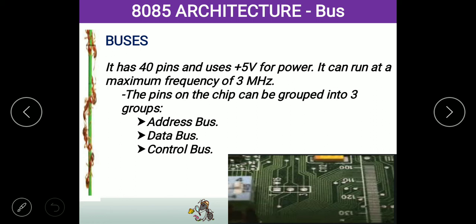The address bus transfers the address of the element, the address of the instruction, the address of the program. The data bus transfers the data present in that address. The data may be a numerical value, or an alphabetic value, or a combination of these things, anything. The control bus will tell the processor what it has to do. It will control the operations of the processor. We will discuss them one by one.